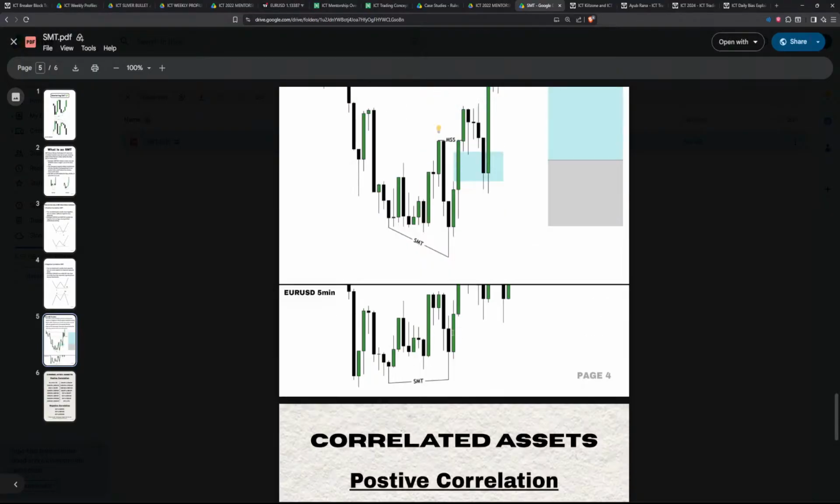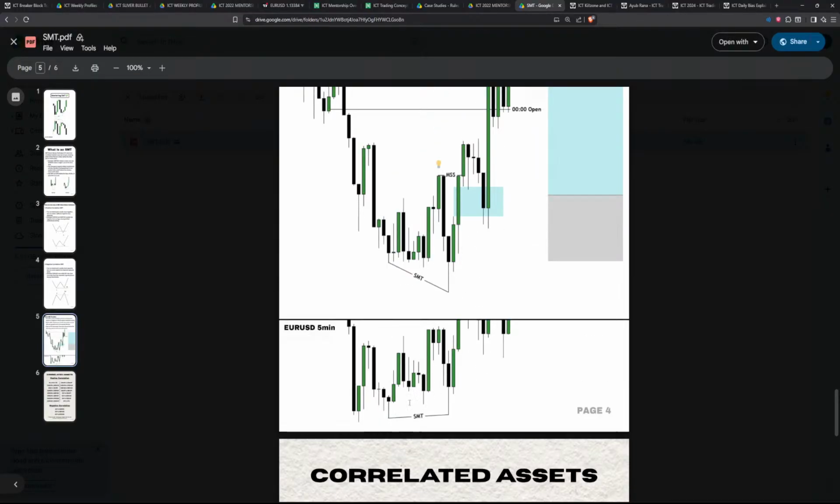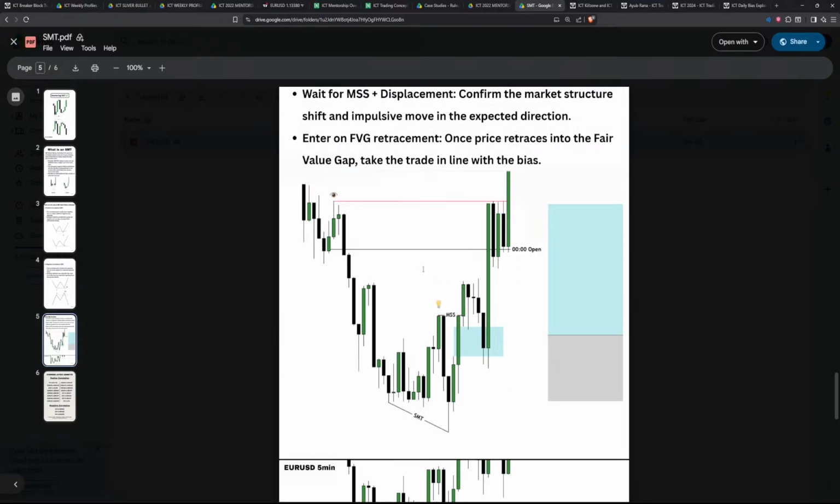Basically, why I'm here is I want to know why you enter on this one versus this one. Because technically, higher highs, market shift and continuation is stronger than here. I mean, you can argue this is liquidity, but